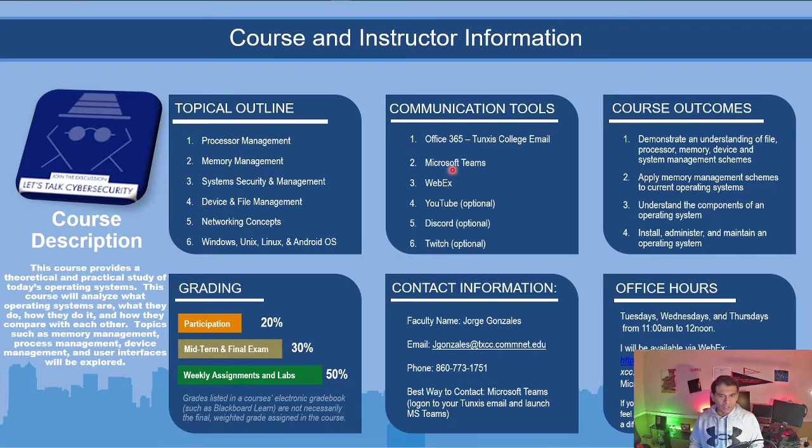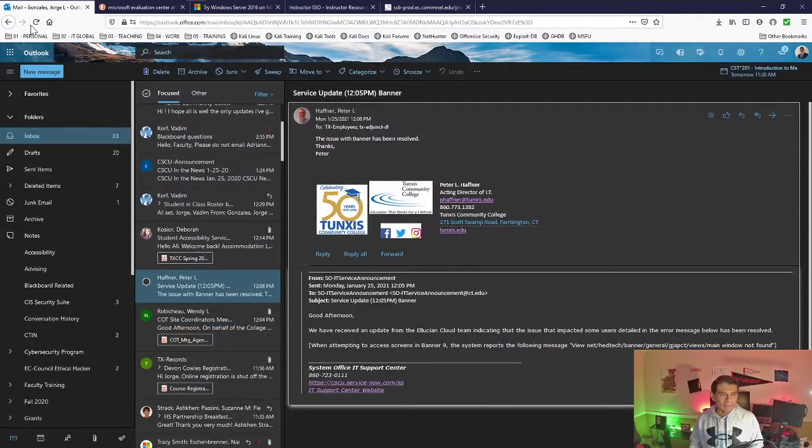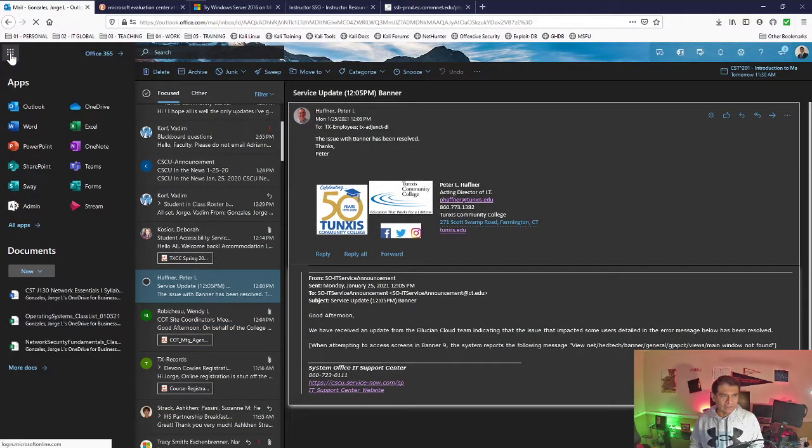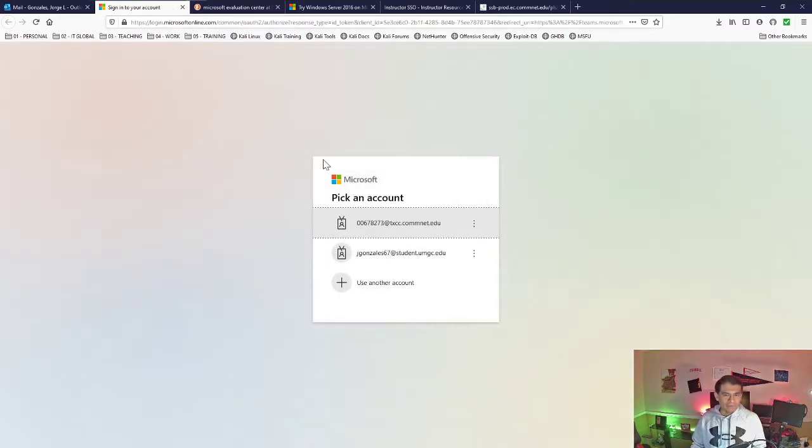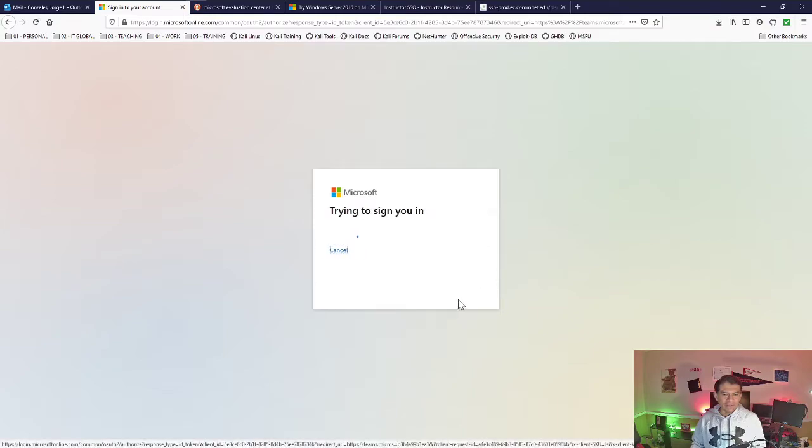So make sure that you understand that Microsoft Teams is available to you via, if you're on your computer using the browser, you can click on this option here and then you will see Teams as one of the options. You right click and you can select open in new tab. And if you are in your computer, it will open in a new tab on your browser. So it's going to ask me, in my case, to log in.